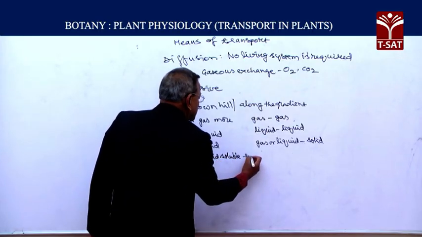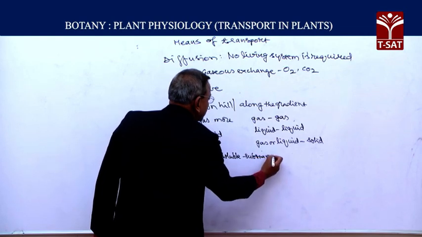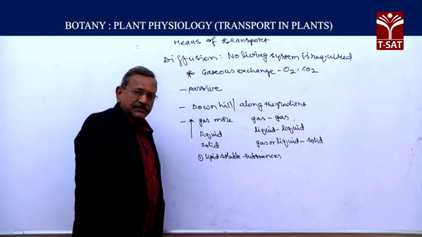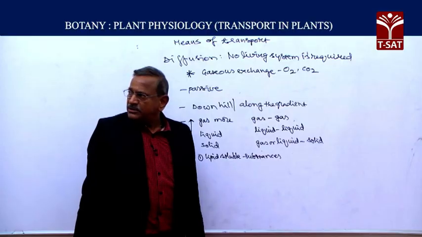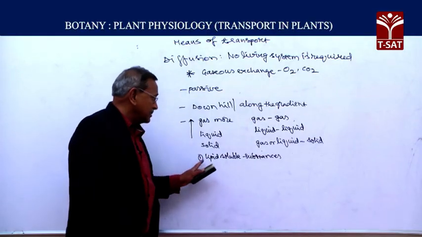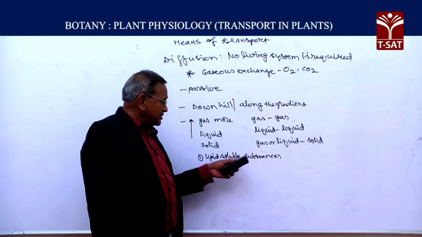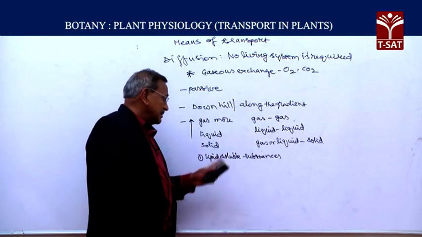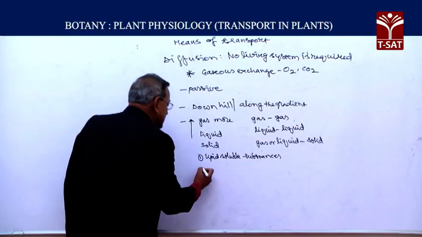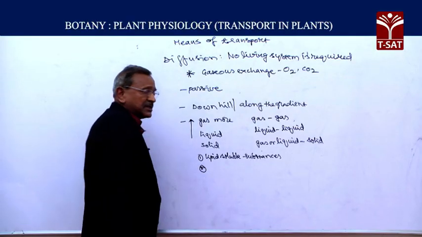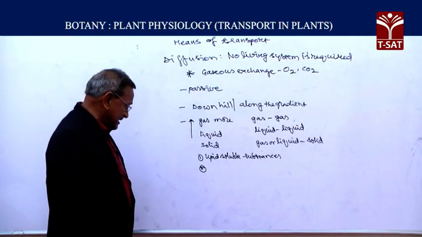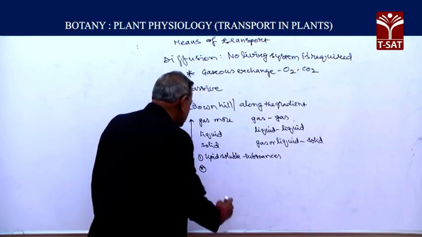Lipid soluble substances can easily pass through the plasma membrane. Lipid soluble substances can diffuse easily through plasma membrane. The second category of substances that can diffuse into living cell are